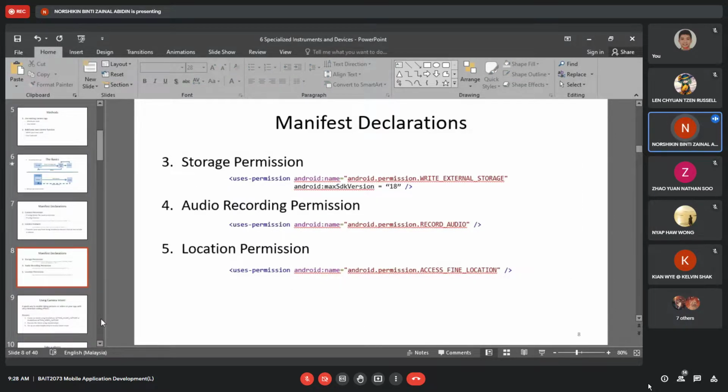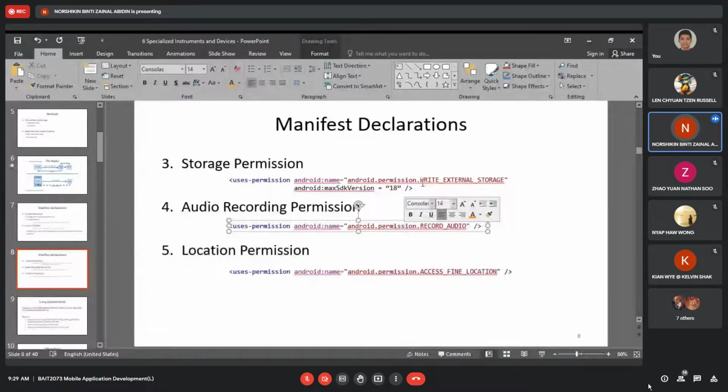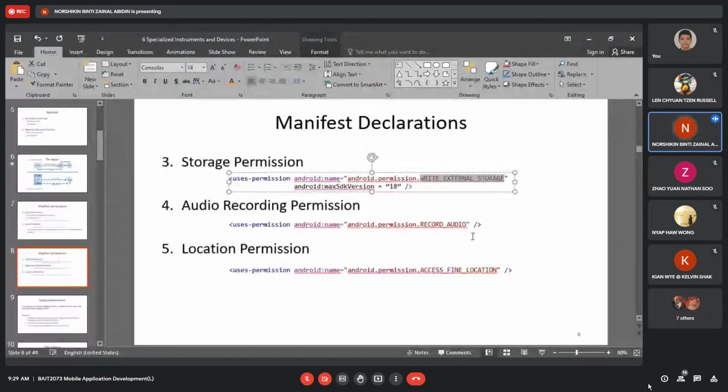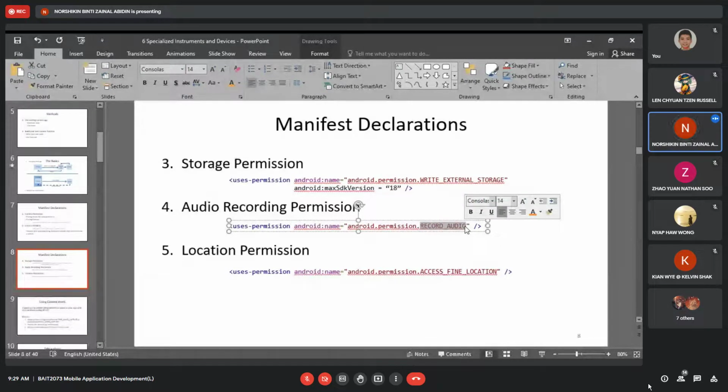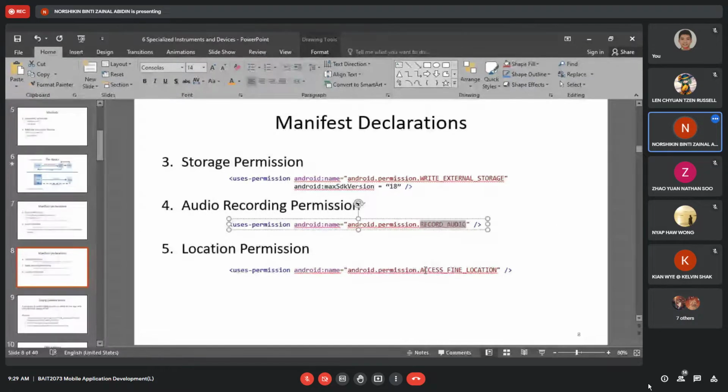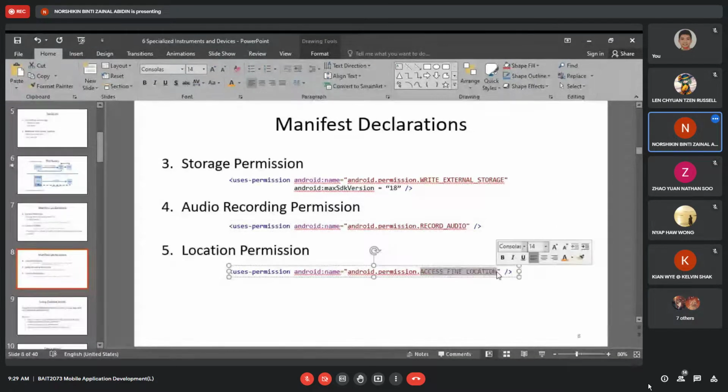That is storage permission. Of course, you need to ask permission to use the storage. If you look at 3, 4, 5, the first one here, number 3, is storage, the fourth is audio, and the last is location. The difference, as you can see, is only at this part here. External storage for storage permission. Next is audio, record audio. That means they want to use another function, which is your audio using the microphone. And then location. Location is the one from last week.